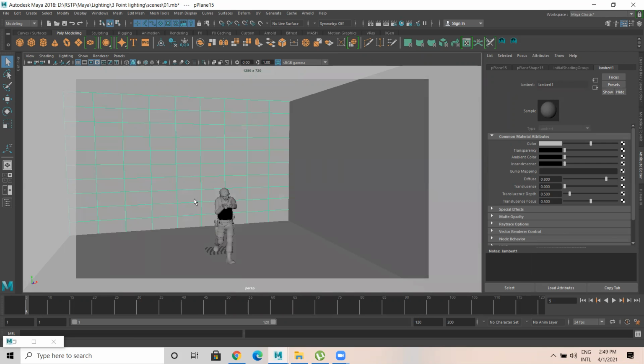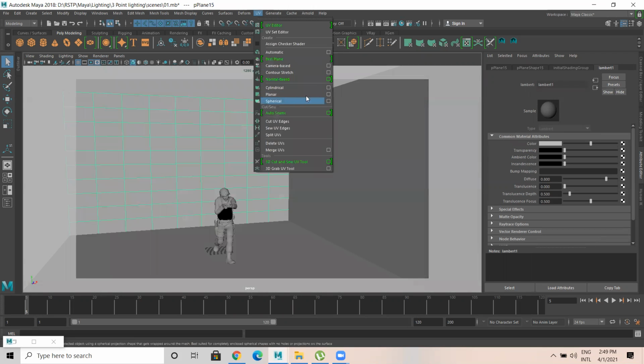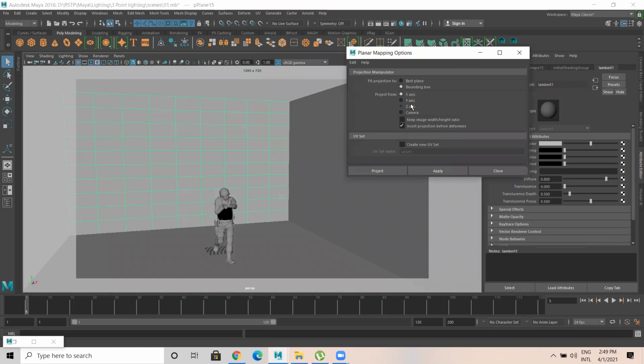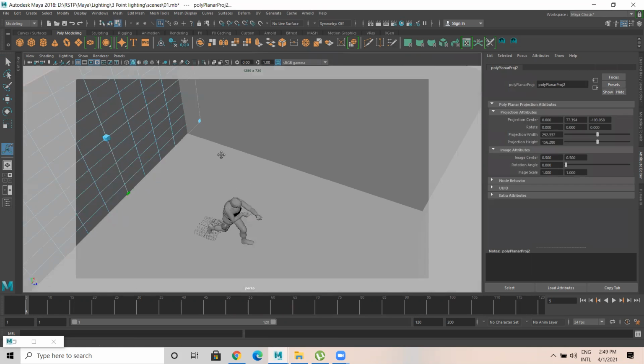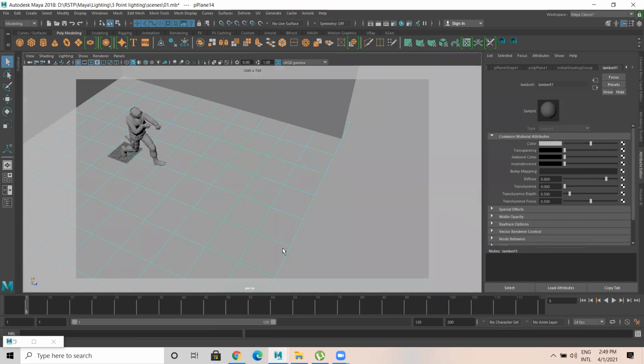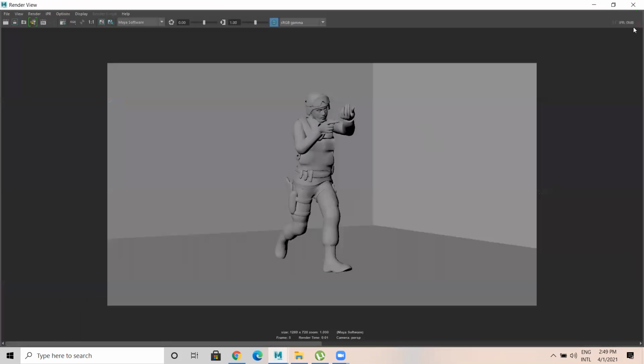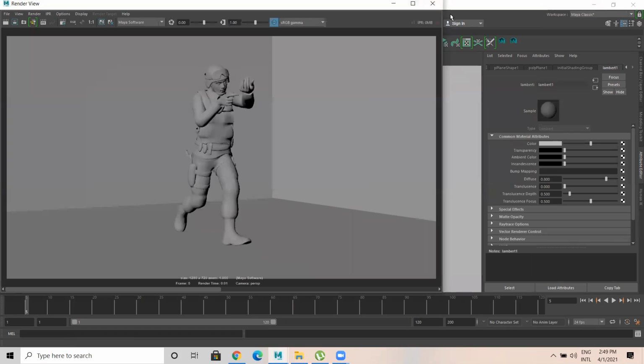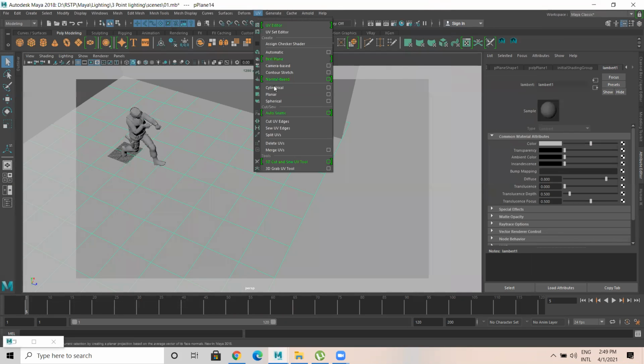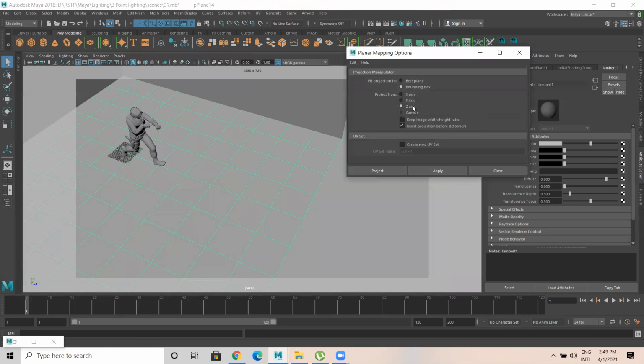So after this UV, this is planar, z-axis, and this is y-axis.